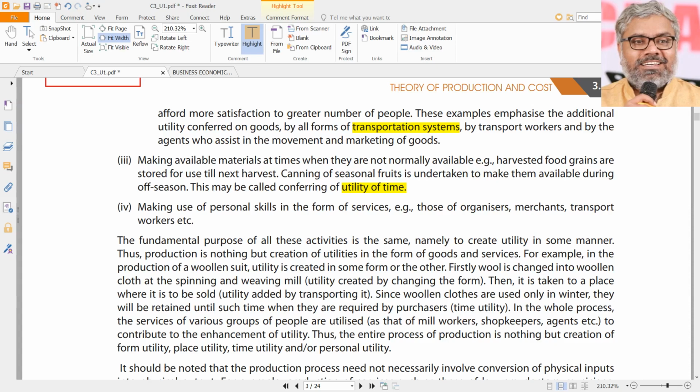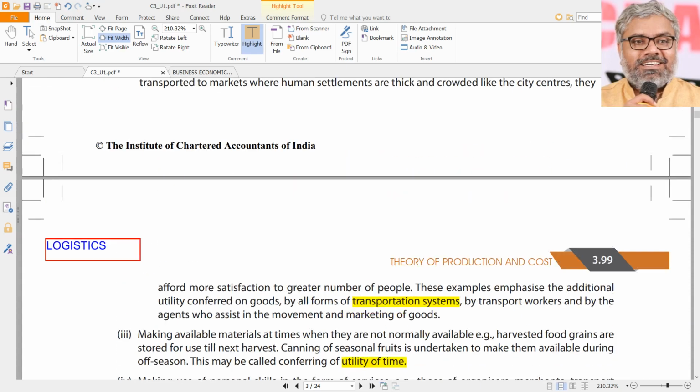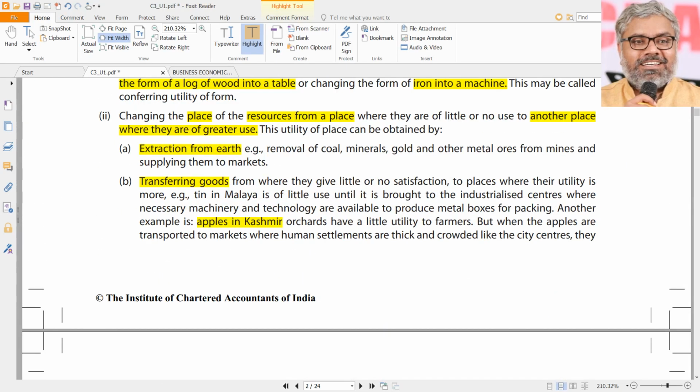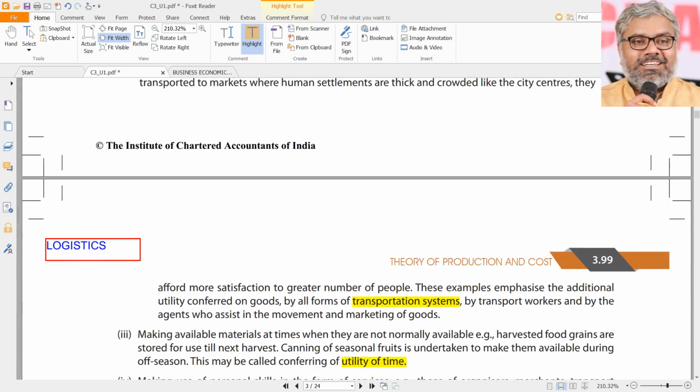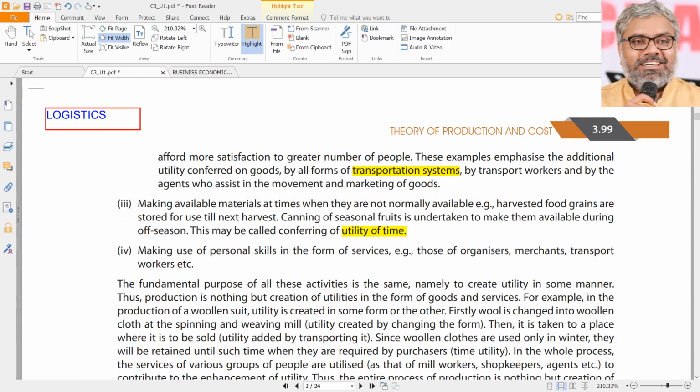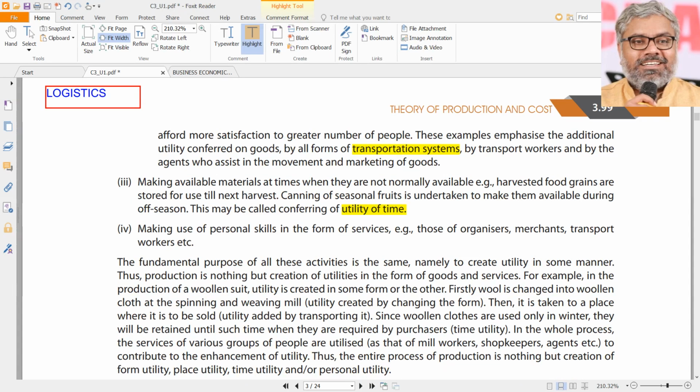So most of the goods that we use, except for very perishable goods, normally can be consumed later also. Of course, they come with an expiry date, but let us say the rice that is manufactured or cultivated today, it has to be consumed today? It has to be eaten by people tomorrow? Not necessarily. It can be stored and used later also. Like this, the production process creates a utility of time.